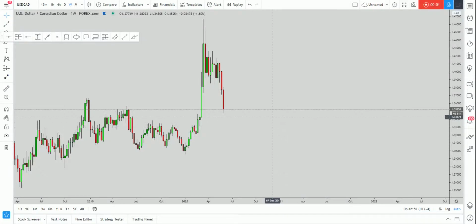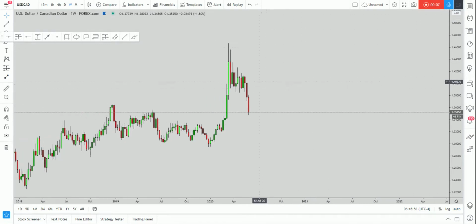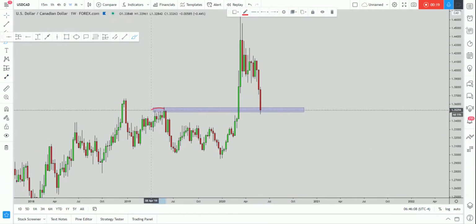Okay, so what kind of situation do we have at the moment on USD CAD? Now we can clearly see that from a weekly perspective, we have a market that has created at the moment an overextended M formation to the downside. Now, currently, the market is also testing this very important structure. Now, it was very strong resistance here, preceding all this move to the downside, and currently the market is retesting